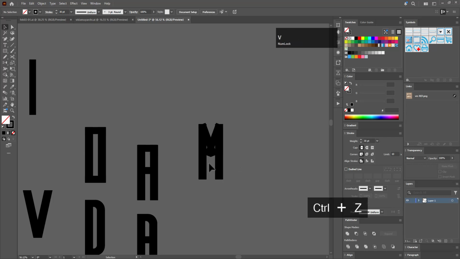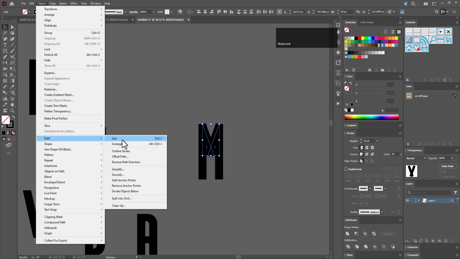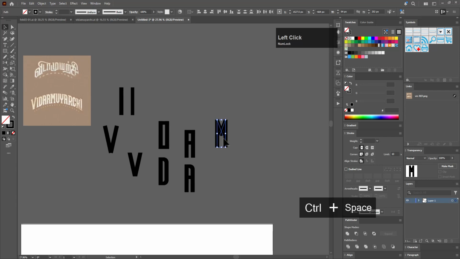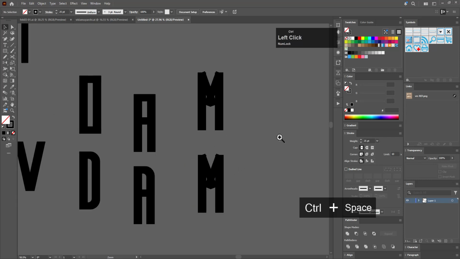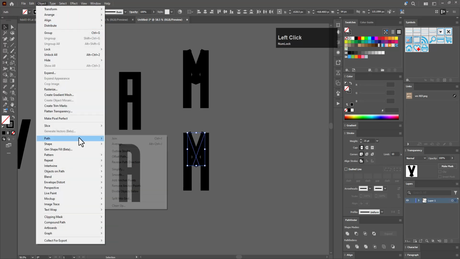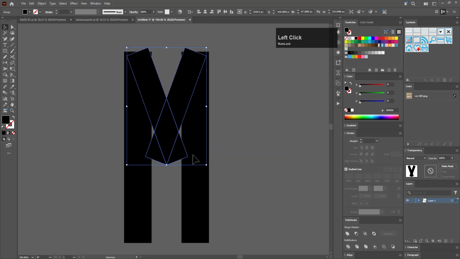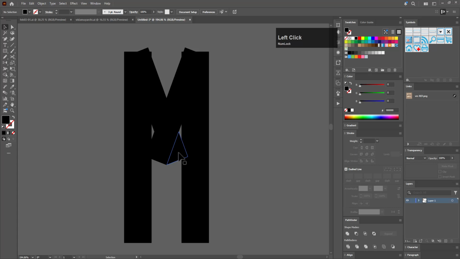So all of this looks good. Select both of this which is at center. Go to object, path and outlines. Let's bring this here so that we have a backup. Select both of this and go to object, path and outline stroke, and then let's press divide and then press A, or just keep it on V and just ungroup it, and let's select and delete some